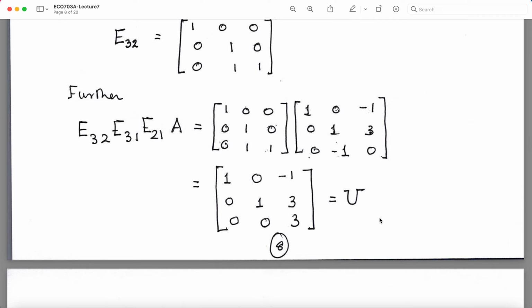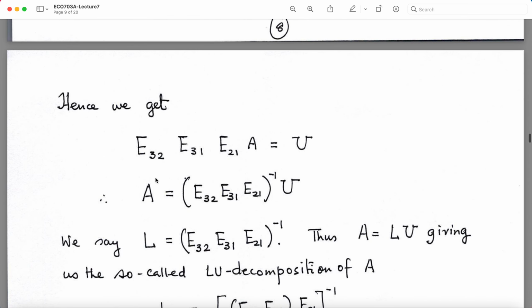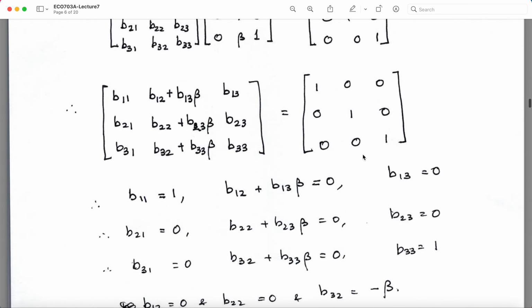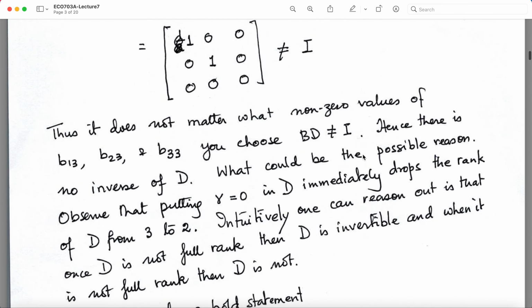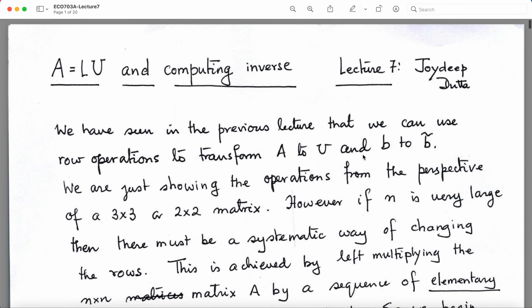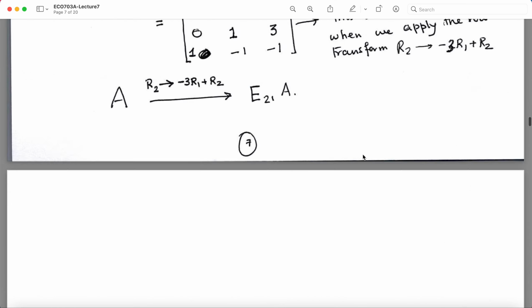Assume that the calculations are correct. And that's it. So what do I get? I get E32, E31, E21 on A. I do not know whether I showed you this there, but